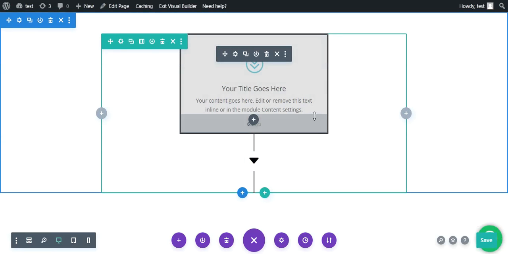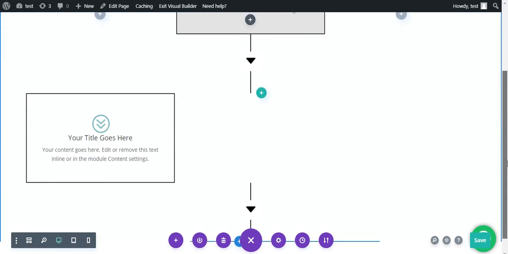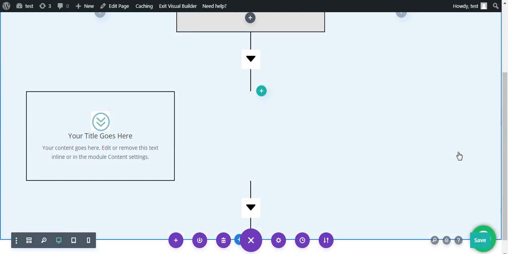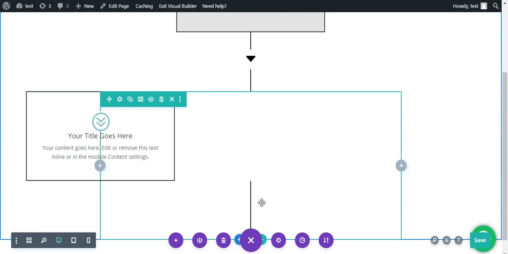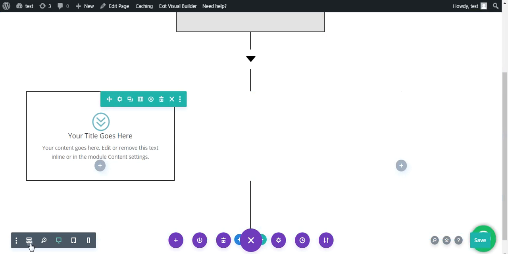Now what we need to do is let's duplicate this column for now. So we don't need this divider as well.